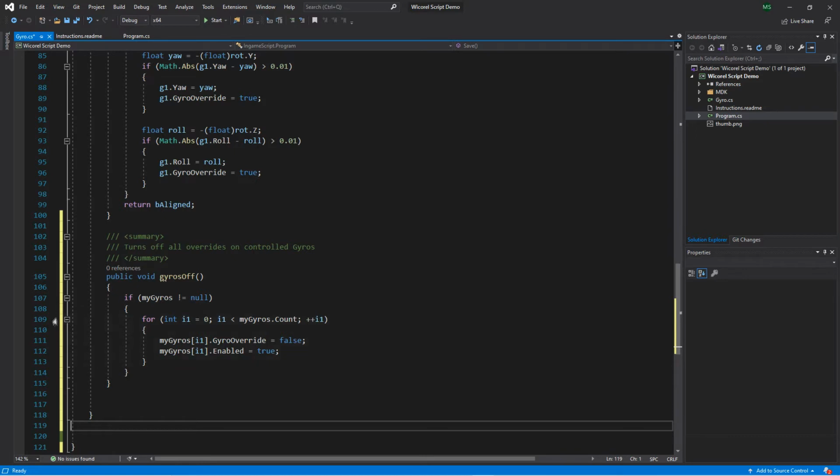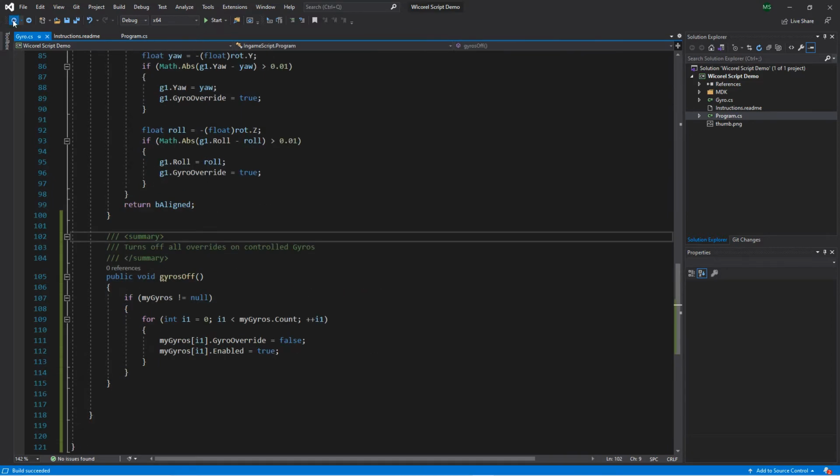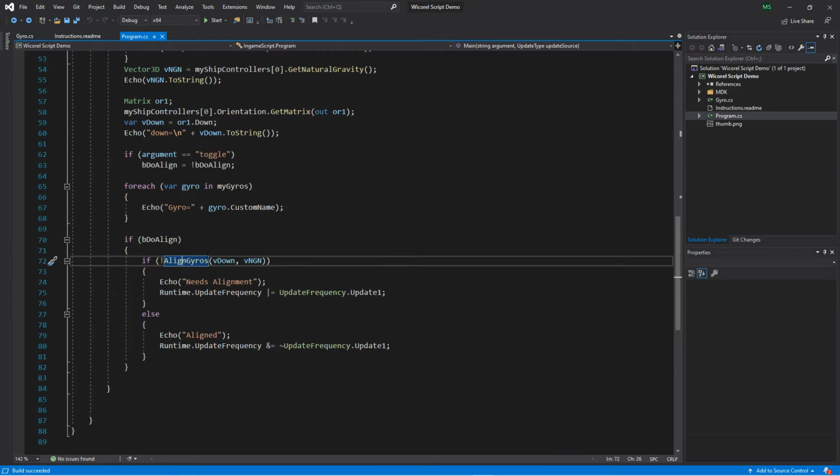the override. So what this code does is it makes sure there's actually gyros that have been allocated, and it goes through each gyro and turns the override to false and makes sure they're enabled so that you can use them. So I'm going to compile that, make sure it works. Succeeded. Let me go back to program. I can also go back here, and this will take me to where I came from to do the find